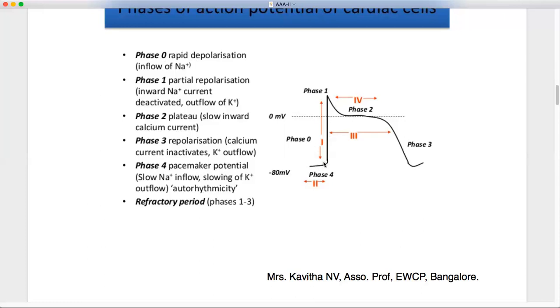So what happens? The potential increases rapidly. So that is phase zero. Very fast. It means the positivity inside the cell is increased. After that, there is a slow decrease. That is a little bit of negativity, as a very small amount of potassium ion goes outside, so that the negativity is created, and then this is followed by the opening of the calcium channels. So when the calcium channels are open, again the calcium ions get inside, and that leads to the contraction of the muscles. Okay, so that is phase two, the inward flow of calcium current.